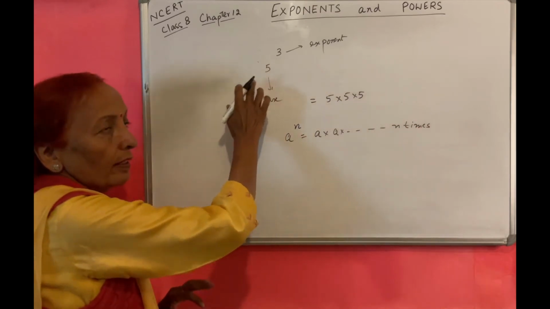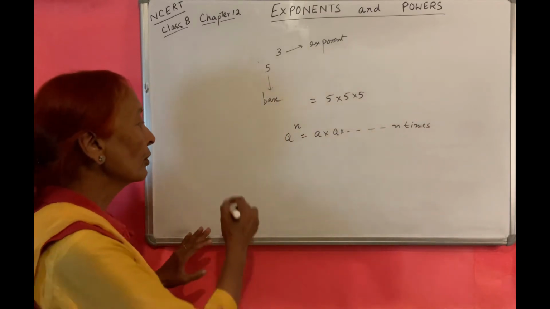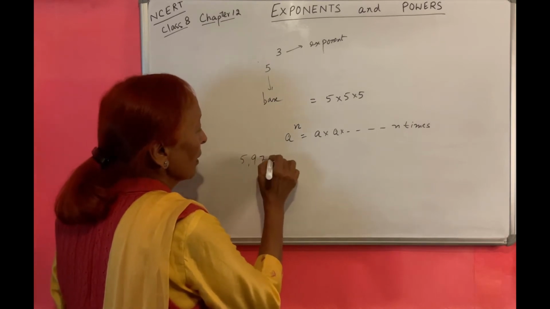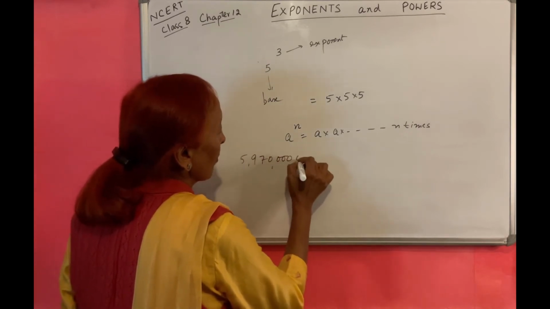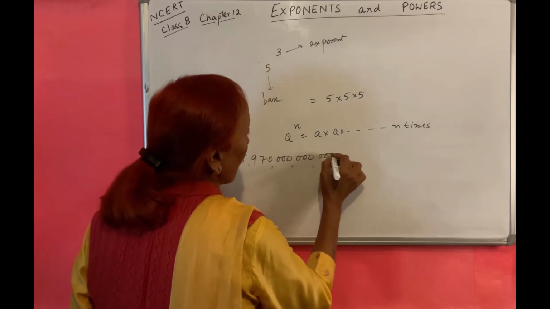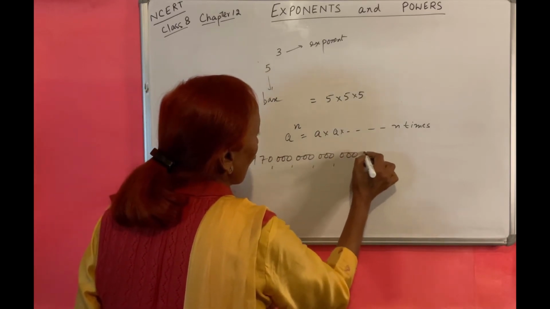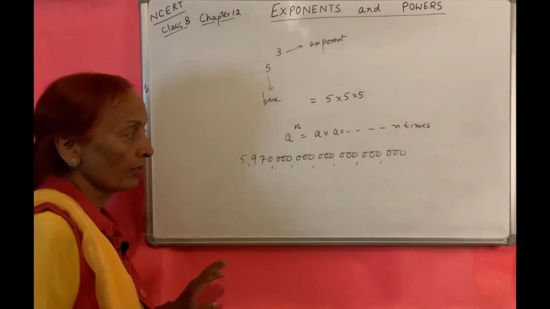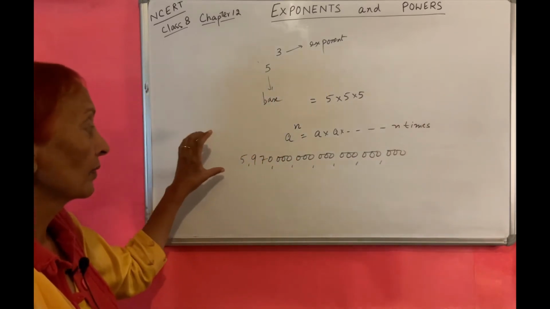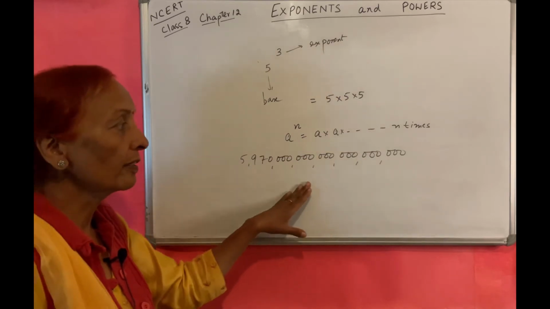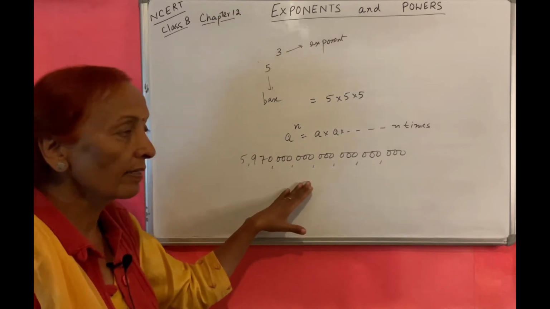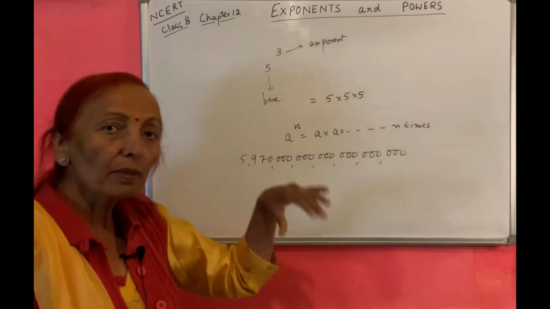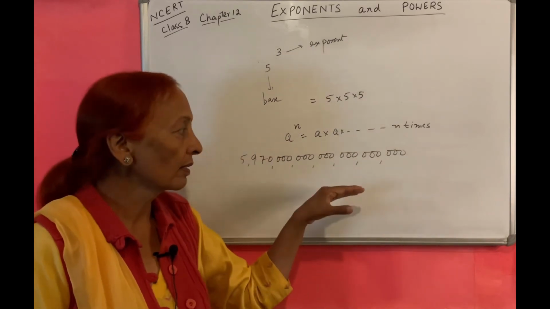कहाँ यूज होते हैं ऐसे numbers? Suppose there is one big number, the mass of the earth, this much kilograms. It is difficult to read, write or understand this number, or if I am to compare this number with some other big number, it is difficult.